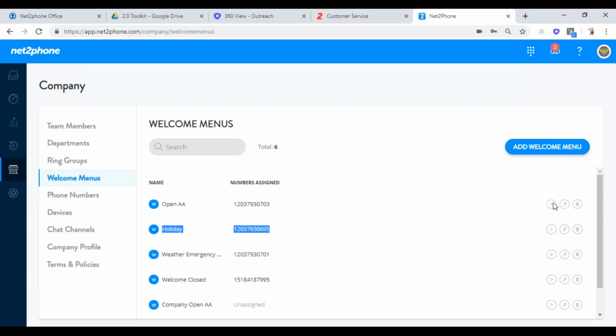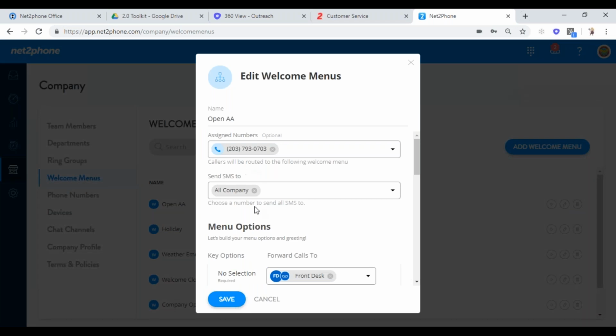We even have companies that will do, you've reached ABC Company. For English, press 1. For Spanish, press 2. And then they'll have 2 menus down here, Spanish and English. And they'll go through the exact same thing on those second menus. If you were doing something like that, you'd come into your first auto attendant,